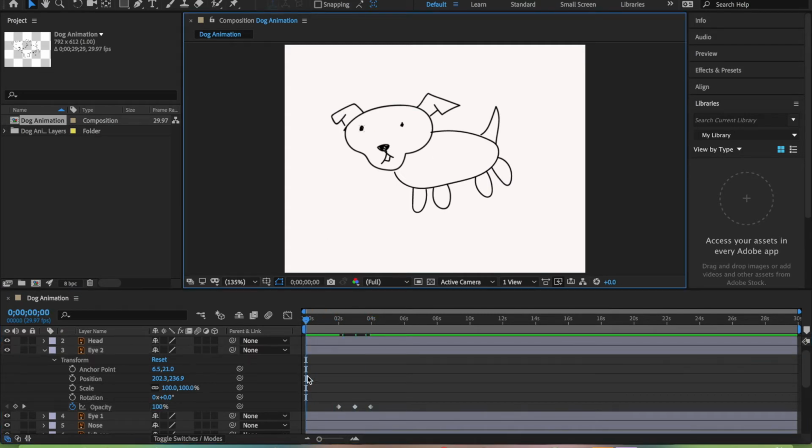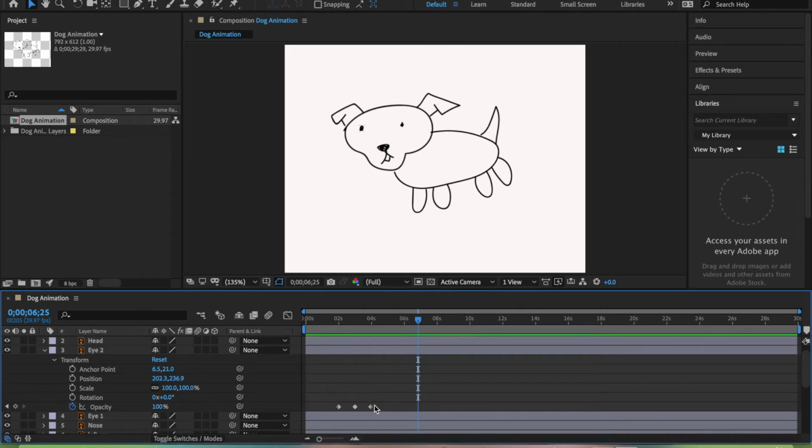So if you want to see how that looks, we're going to drag this bar back, that's the time bar, and we'll press space, and that's how it would look if it was blinking. Okay. So what I want to do is I want to have that eye blink multiple times,